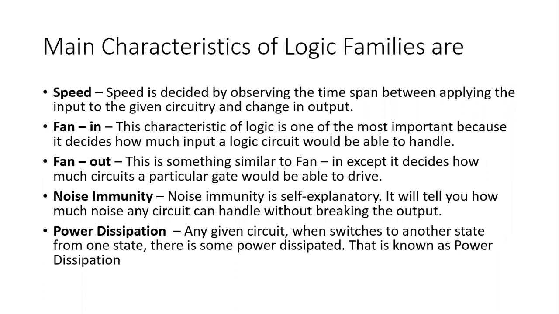Now, there are a few characteristics that we need to know. That is speed. When we talk about speed, we are talking about the switching speed. Since we are talking about digital input, we will be having one, we will be having zero. When we want our output to be received quickly, as soon as the input is given, the output should come out. So we call it speed, switching speed: how quickly they shift from one to zero. That is speed. Now, how many inputs the IC or that particular circuit can handle, we call it fan-in, and how many outputs it can handle at a time, we call it fan-out.